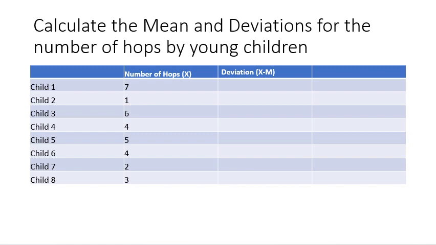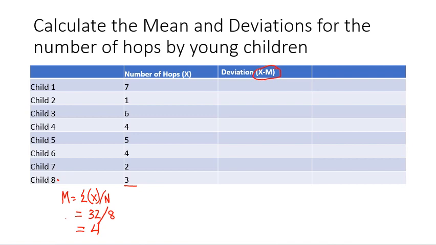So we know that the formula for calculating the mean equals the sum of all the scores divided by n, the number of scores. So let's calculate the mean. If we sum up all of these scores, we can see that the sum equals 32 divided by n, and we can see that there are 8 children, so 32 divided by 8 equals 4. So we know that the mean equals 4, and we know that the deviations formula is x minus M, and